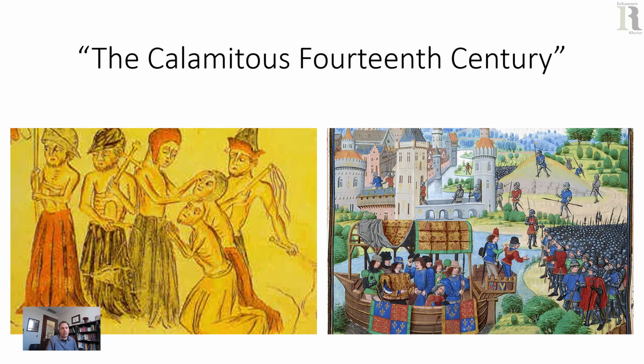On the left-hand image here, you can see medieval flagellants, people who are whipping themselves to atone for the sins of themselves and mankind, hoping to be spared perhaps the plague. On the right, you can see young King Richard going to meet the assembled mob of peasants uprising to tell them to go home and give up their claims. This mob wanted to abolish all noble titles except for that of king, and redistribute land evenly among all the peasants. Richard, young King Richard, he was 14 at the time, agreed to this,